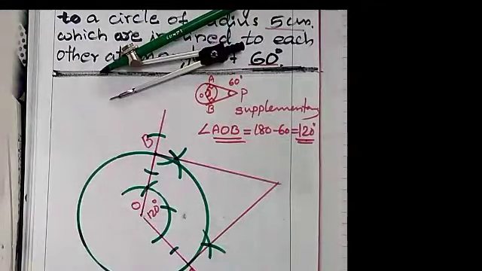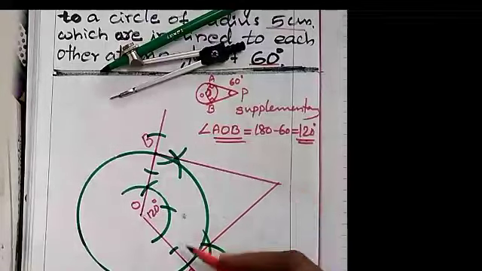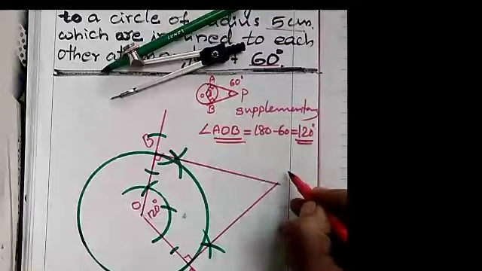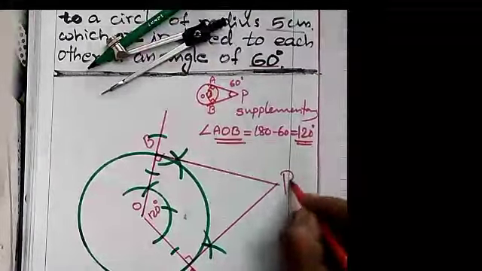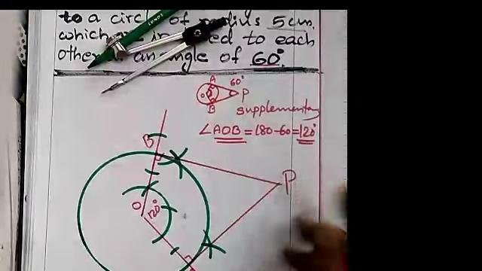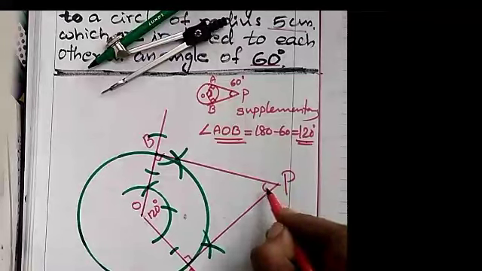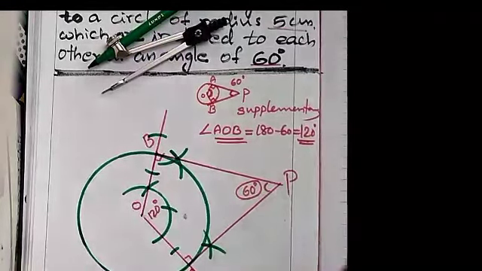Now you can see here it is, the two tangents. Here angle A 90 degree, angle B also 90 degree. They intersect at the point. Which point? Here you can see in the rough figure it is P. So we can name this point P. And if you are measuring this angle, angle P will be what? It will be 60 degree. If your construction is correct, this angle will be 60 degree.